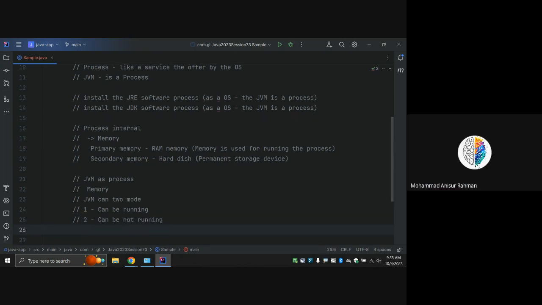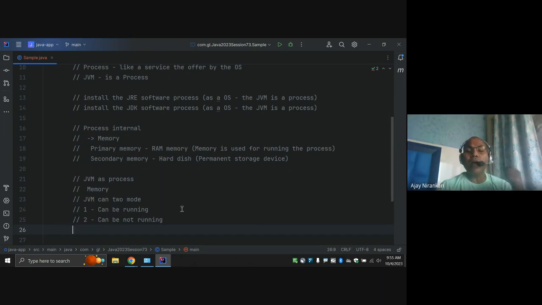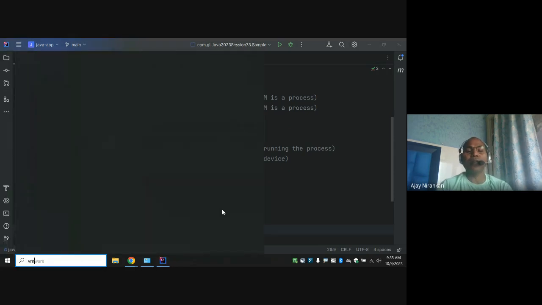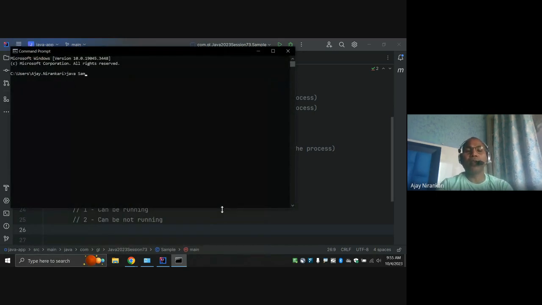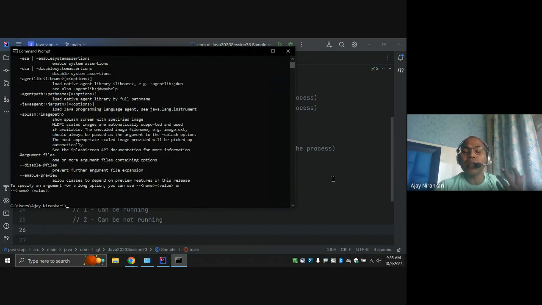So notice when I run any program, how do I run it? I write in CMD, the command prompt, java sample.java. Whenever I run this command, after that JVM is going to run. Until you run this Java command, JVM is not going to run. But JVM is available. The Java command being recognized means the JVM software is installed on your machine. But currently there is no JVM running because I am not running any Java program, right?